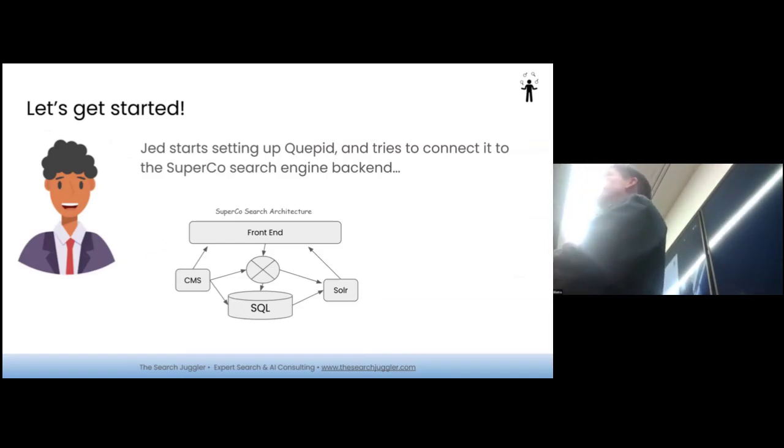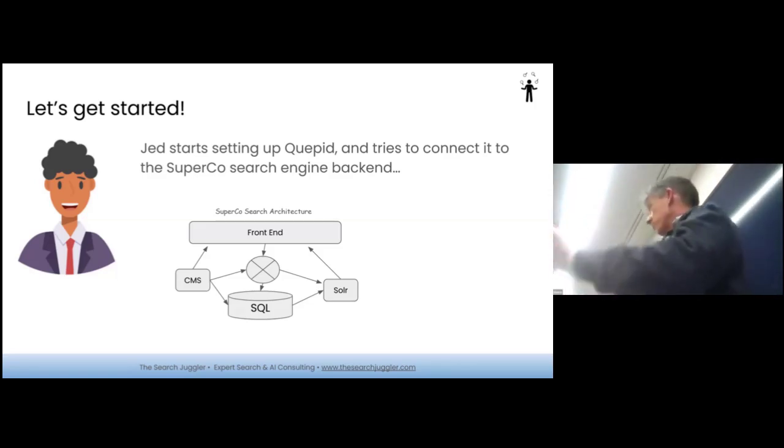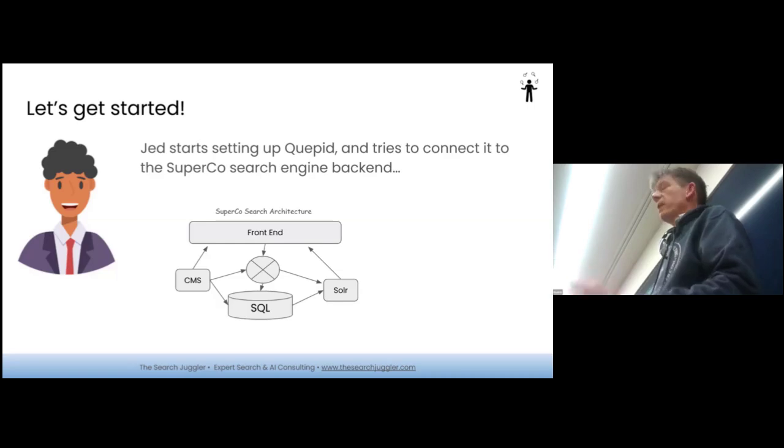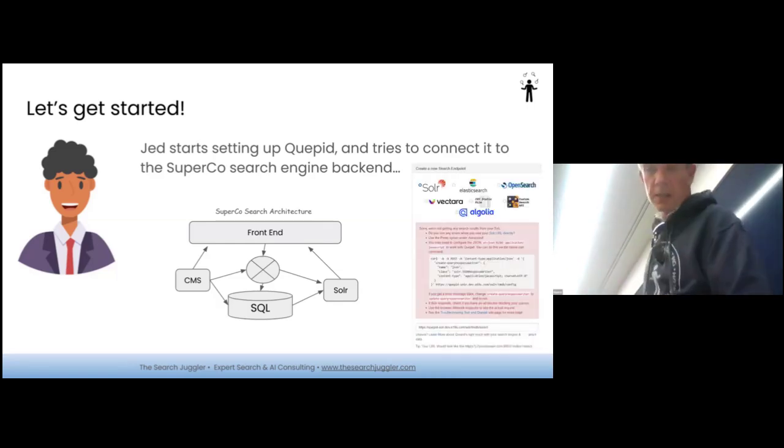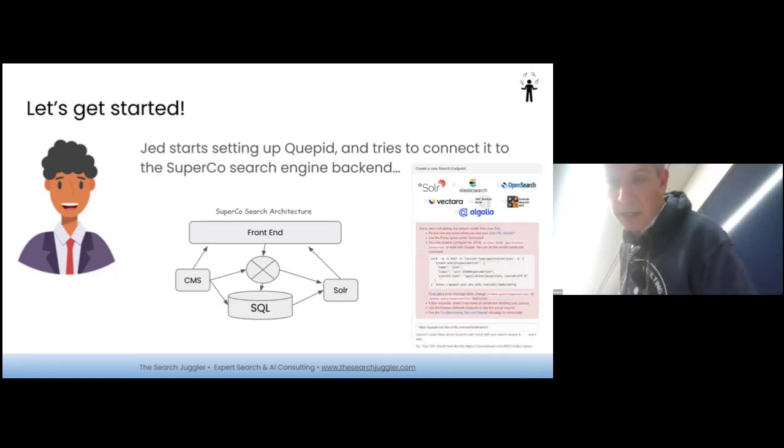Yeah, they're always a lot more complicated than that. But anyway, there's arrows, there's boxes. You get the general idea. How do I connect into the thing that's actually delivering my search results is the question here. And Quepid talks to Solr. It's familiar with how Solr APIs behave. So Jed has a go at this and then gets some error messages, and then there's stuff about proxying, and